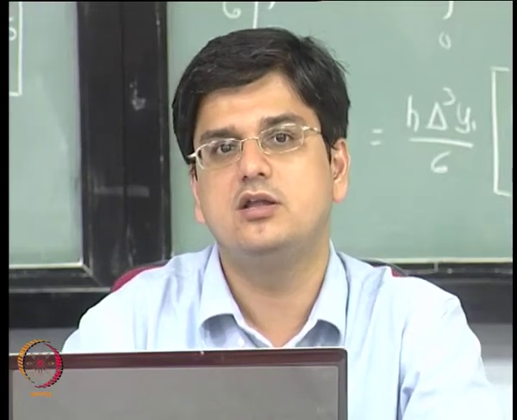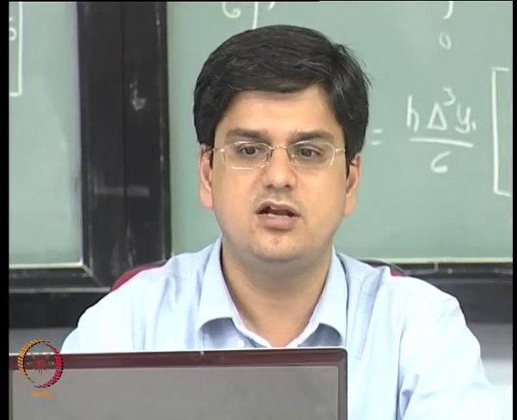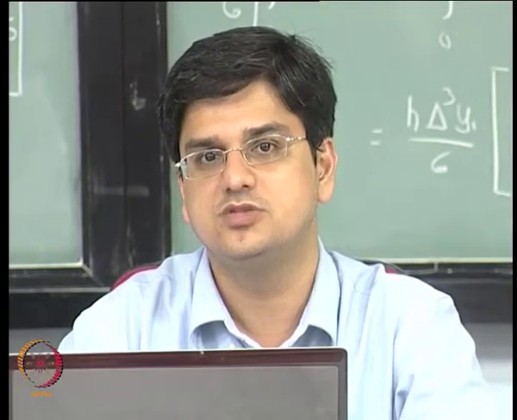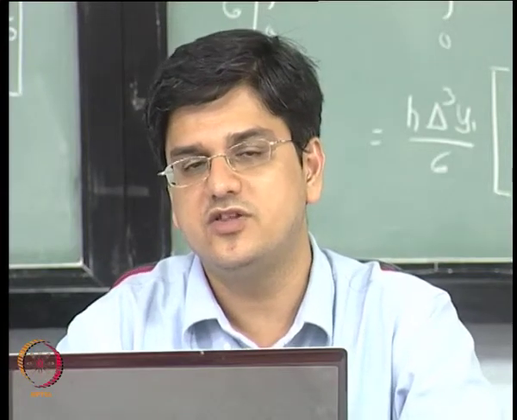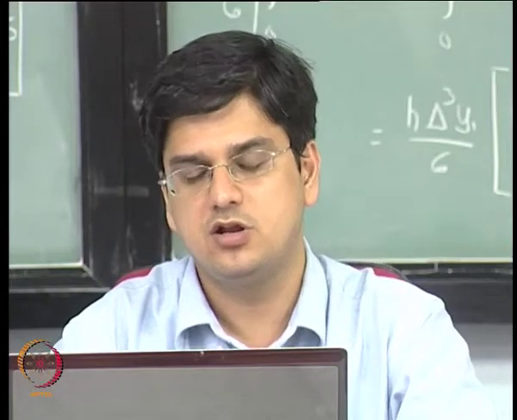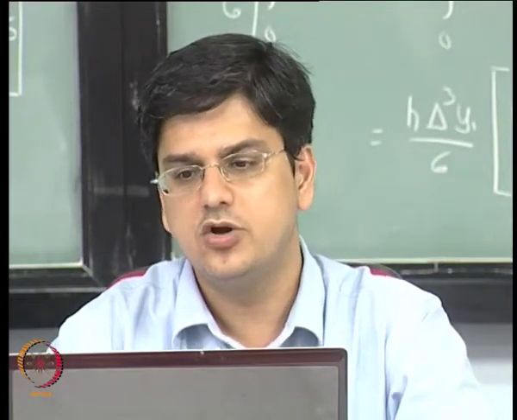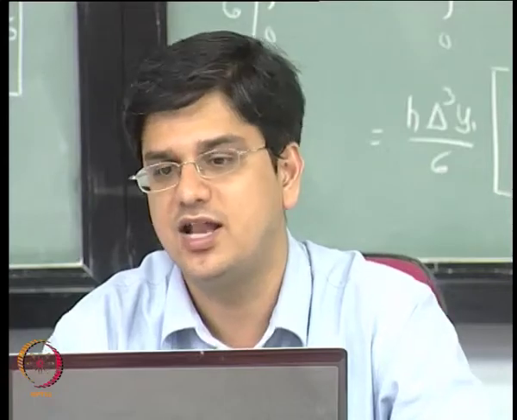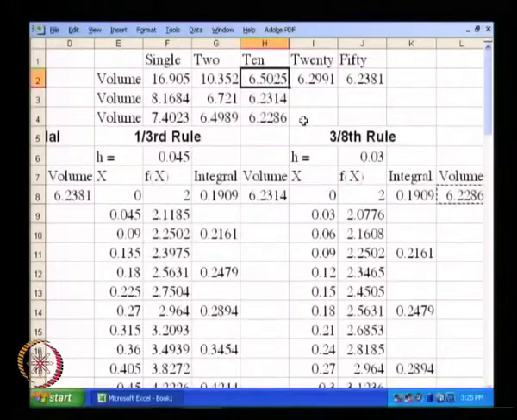As we saw in the 1/3 rule, going from 10 intervals to 20 intervals still improved the volume that we get using the Simpson's rules. As a result of this, we have to use a large number of iterations. And just to finish off, I will go once again to the board and show you why exactly we require a large number of iterations in this particular example, to finish off this example.